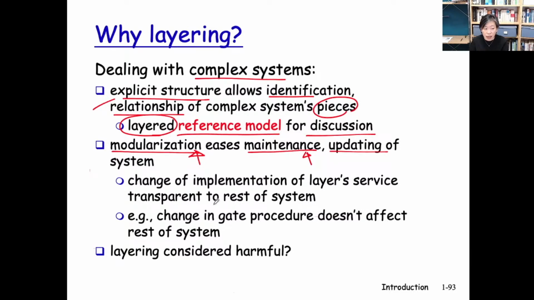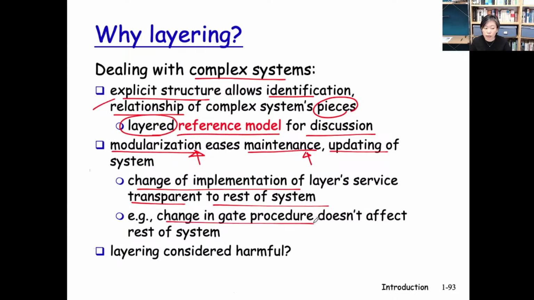That change does not need to propagate through the entire system across the different modules. So in a layered service, a change within a piece, a change within a module, can be transparent to the other modules, because the APIs are already well defined and there is minimum communication required.